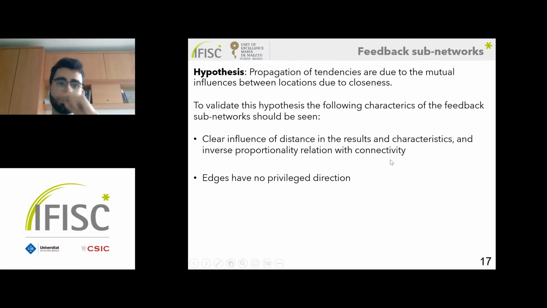And moving now to the feedback subnetworks, our hypothesis is that the propagation of the tendencies that these subnetworks represent is due to the mutual influences between locations due to how close they are. To validate this hypothesis, we should see in the results the following characteristics. First, that there is a clear influence of distance in the results and characteristics,